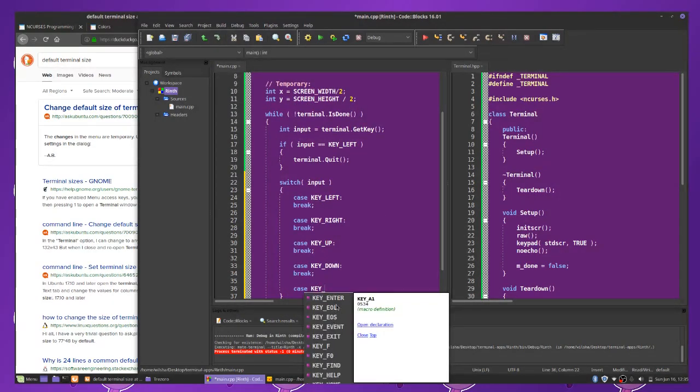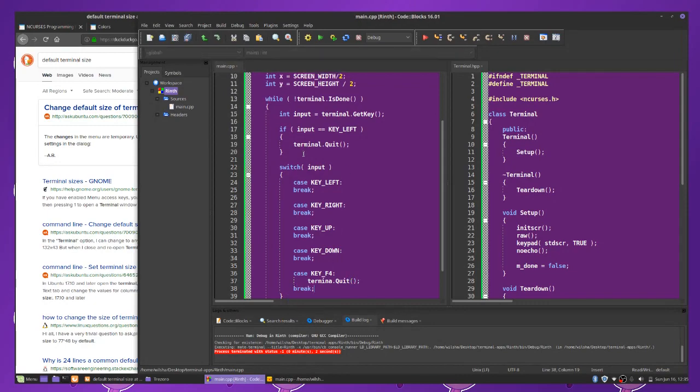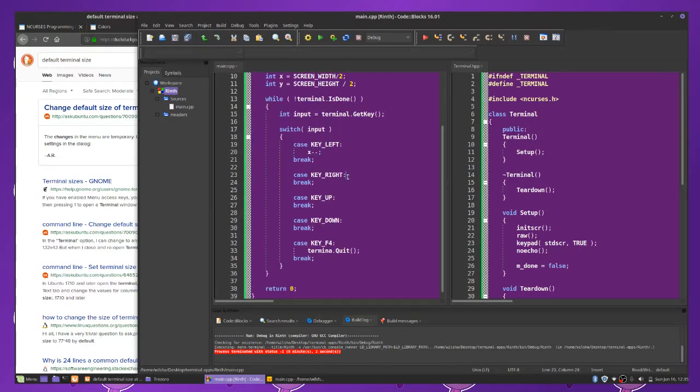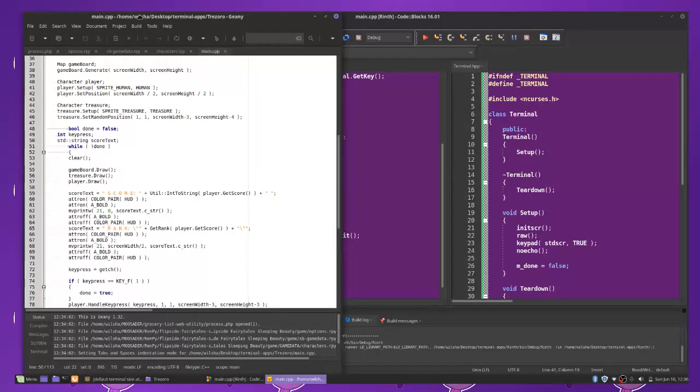So I was looking for, what's the F keys? You got all these keys. I tried F4, that didn't work, spoilers. And then just simply change the coordinates of the temporary character